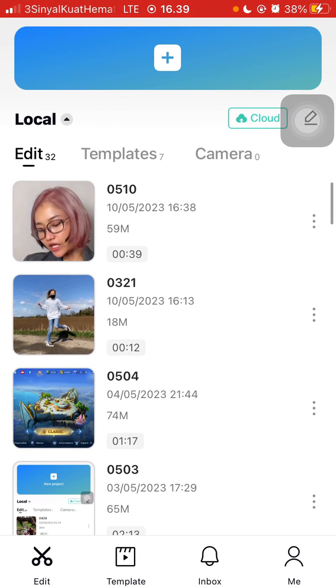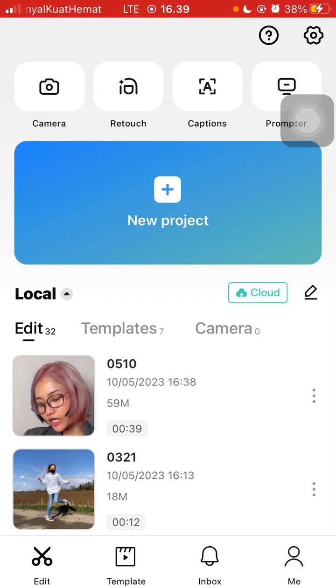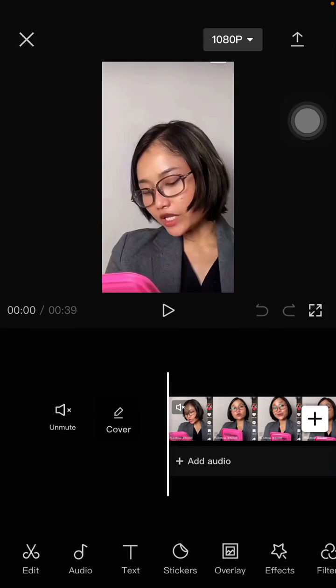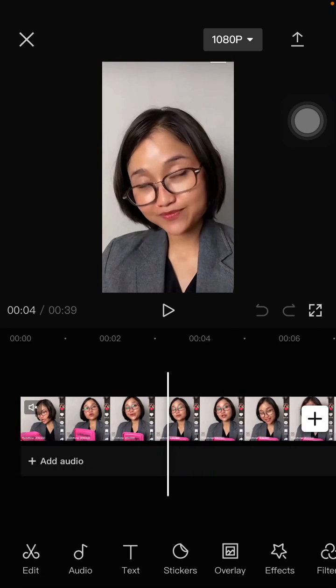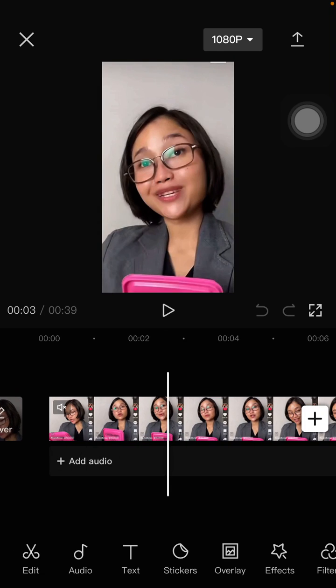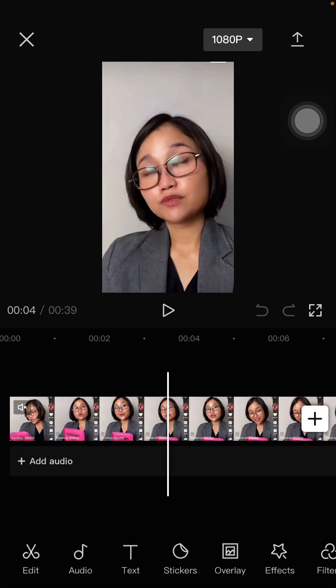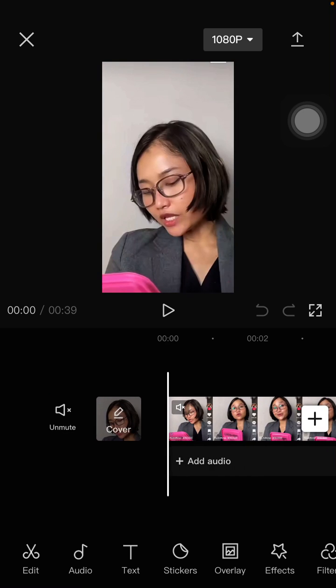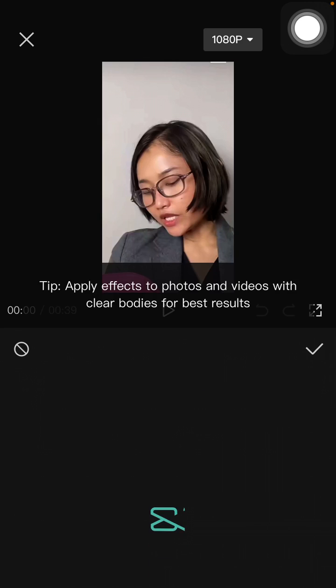Alright, so tap on new project, select the video you'd like to edit, and I'm going to open my project, and you can see the original hair like this. And then go to effect, select effect, and select body effect,